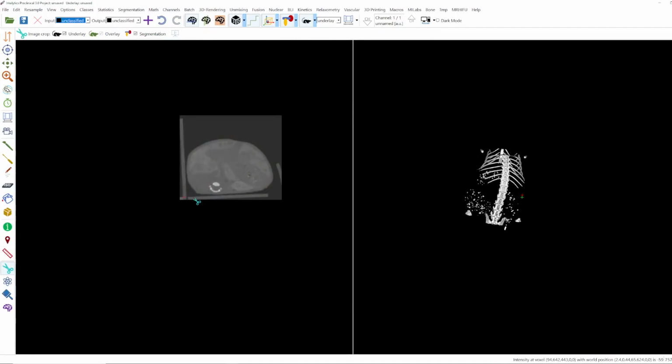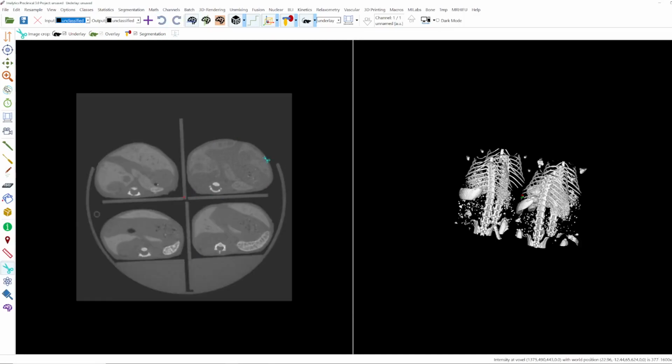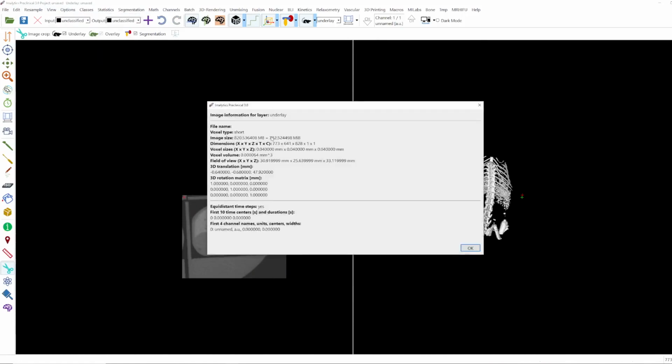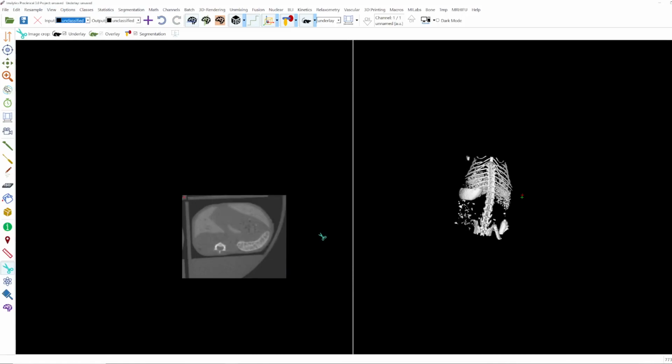Another thing you could do to reduce the size of your dataset is perform a downsampling. I will use this mouse as an example. Before I do the downsampling, I would like to show you that the size is now only 782 megabytes. So we already reduced the size of the dataset.